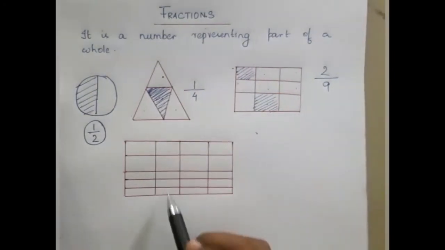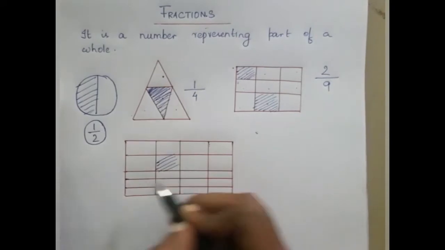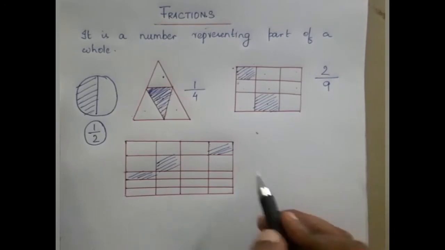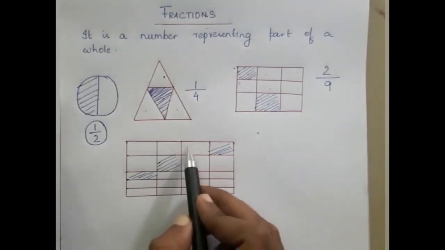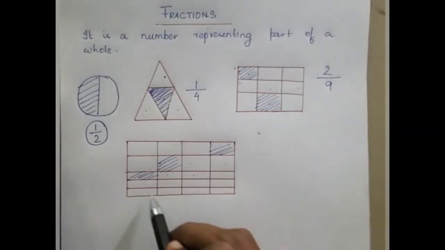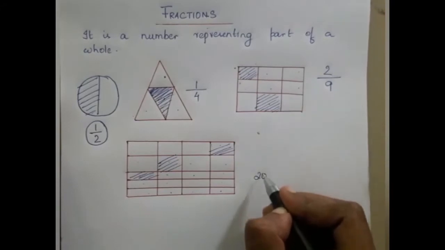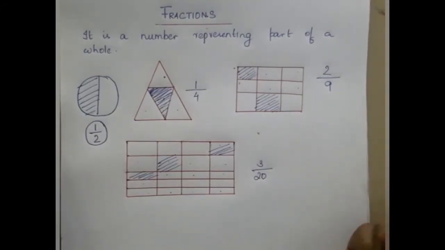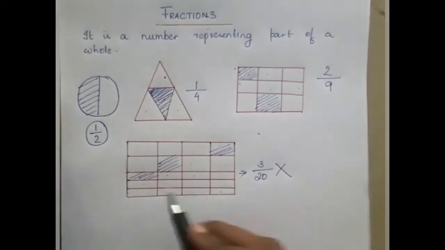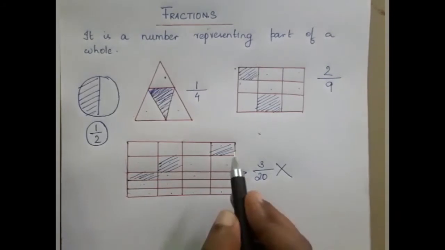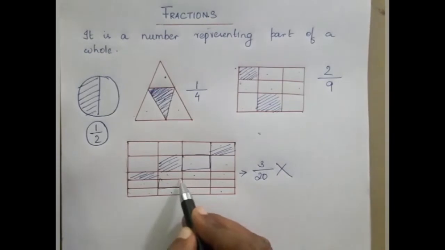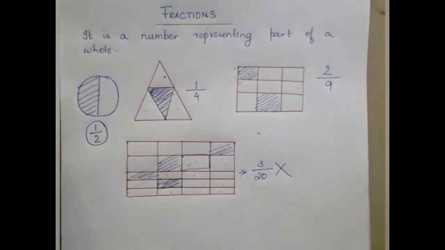Okay, so when you look here, I have shaded 1, 2, 3 parts of this, and if you are going to count this, how many എത്രയായിട്ട് ഡിവൈഡ് ചെയ്തേക്കുന്നത്? 1, 2, 3, 4, 5, 6, 7, 8, 9, 10, 11, 12, 13, 14, 15, 16, 17, 18, 19, 20 ആയിട്ട് ഡിവൈഡ് ചെയ്തു. 3 പോർഷൻ ഷെയ്ഡ് ചെയ്തു. ഇഫ് യു ആർ റൈറ്റിംഗ് ലൈക്ക് ദിസ് ഈസ് റോങ്, ബിക്കോസ് ഈ ഒരു റെക്റ്റാങ്കിളിനെ നമ്മൾ ഈക്വൽ ആയിട്ടല്ല ഡിവൈഡ് ചെയ്തേക്കുന്നത്. ഇസ് ഇറ്റ് ഈക്വൽ? നോ. ഈ ഒരു സ്ക്വയർ ഡിവിഷൻ്റെ ഇതും ഈ ഒരു ഡിവിഷൻ്റെ ഇത് നോക്കിക്കേ, ഈക്വൽ ആയിട്ടല്ല ഡിവൈഡ് ചെയ്തേക്കുന്നത്.